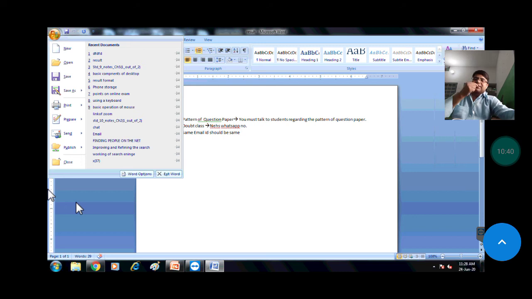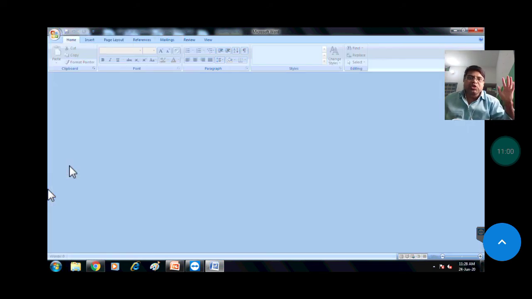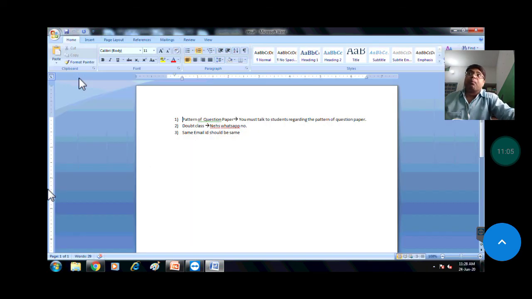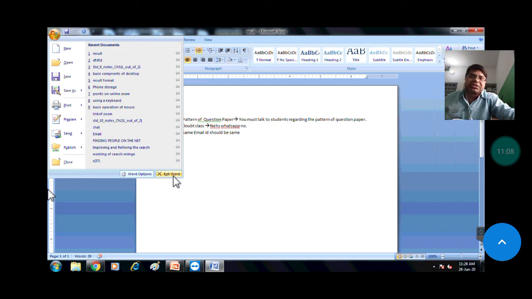First one is exit and the other one is close. Now you see, close is there. Both are used to close, but the close button is used only to close your file. You see, the file is closed. MS Word has not been closed. The same file I am opening again, my dear. But when I use exit, what will happen? Your file will be closed as well as your application program.